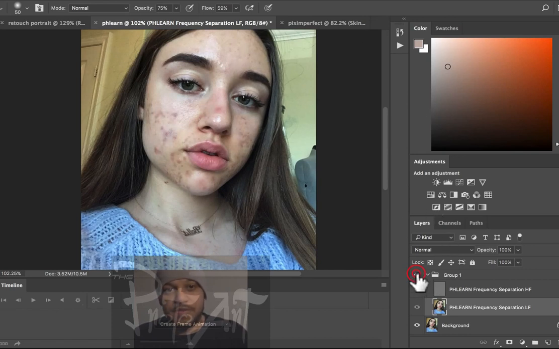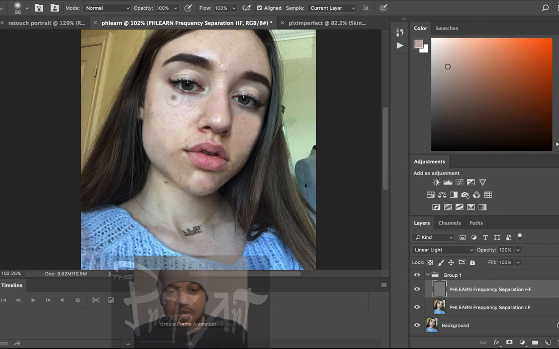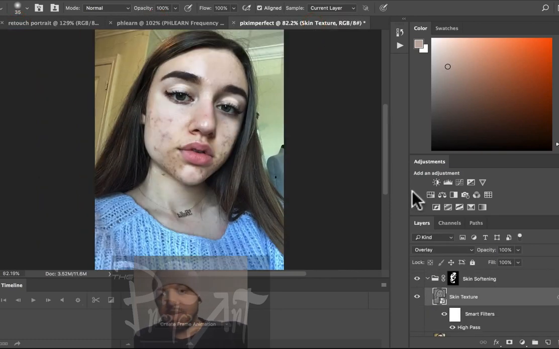This is before and after. Major difference. Of course, the more time you would spend with this, the end result will look a lot better. So take your time with these things. There's no real rush unless you have some crazy deadline. But that's pretty much it, guys. So Phlearn's, Creative Markets, Piximperfect,